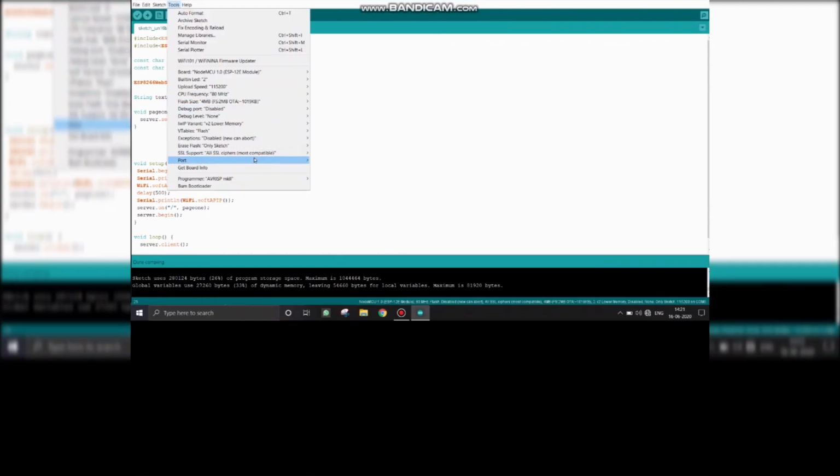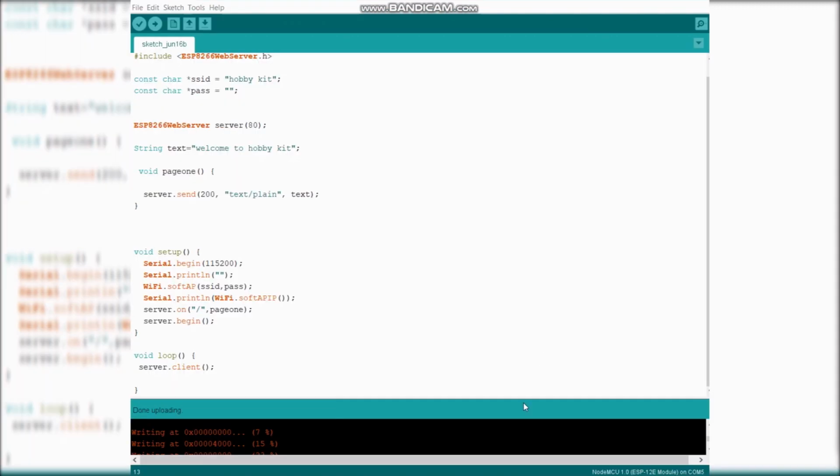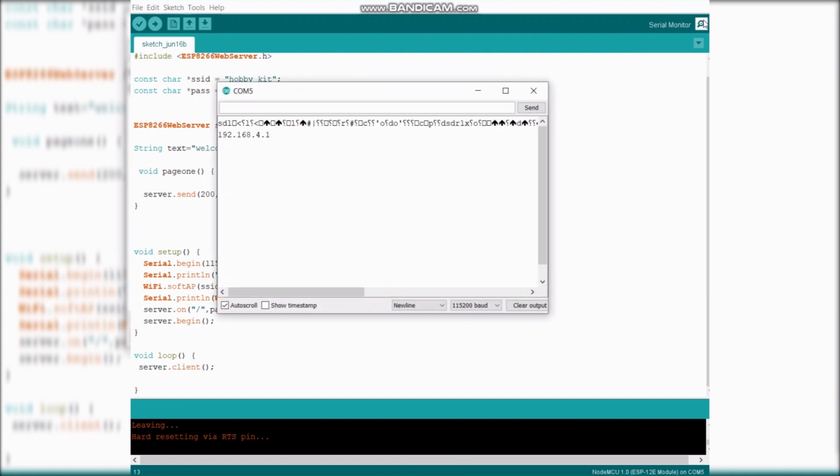Yeah, my code is successfully compiled and it's uploading. As I press the reset button in my NodeMCU, the IP address is present in the serial monitor.